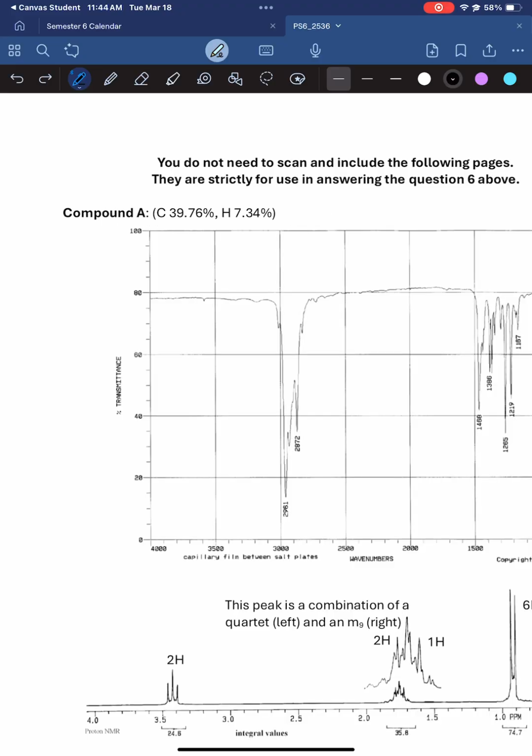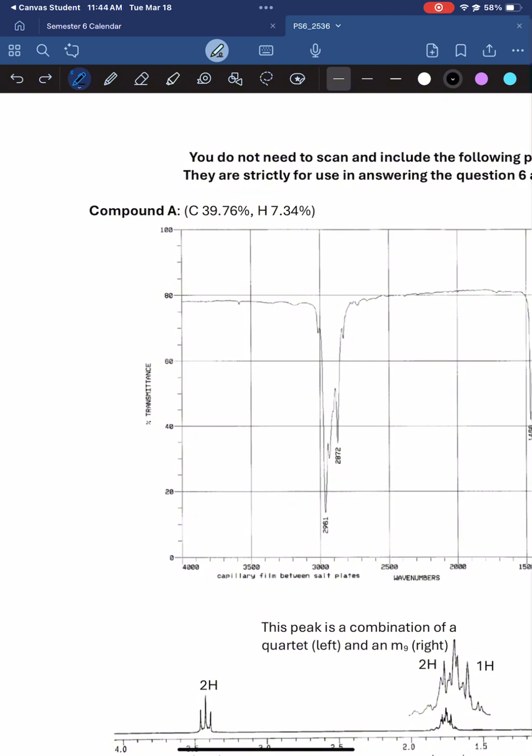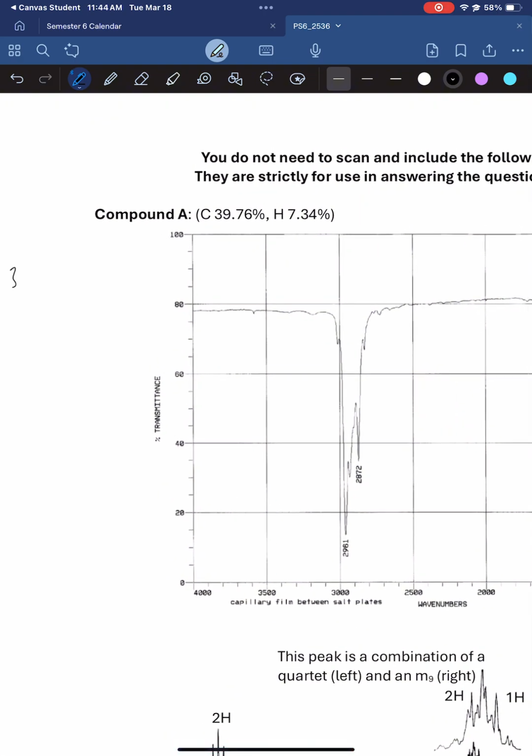Can't use the rule of 13, but that's okay. This is also very important and very useful. So we're going to start out by writing our percentages as masses. 7.34 grams of hydrogen. And remember the jingle that I kept preaching in my past videos: percent to mass, mass to moles, divide by small, multiply to a whole. So we're doing percent to mass, and that's going to be this first step here. We have the mass of hydrogen, we have the mass of carbon,